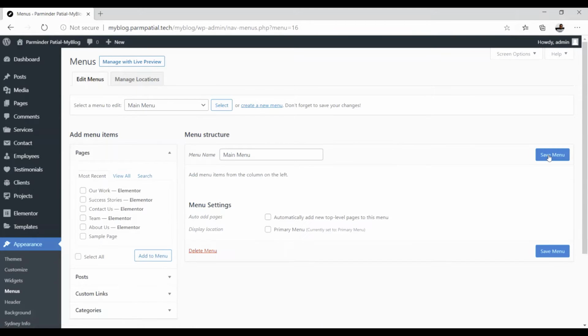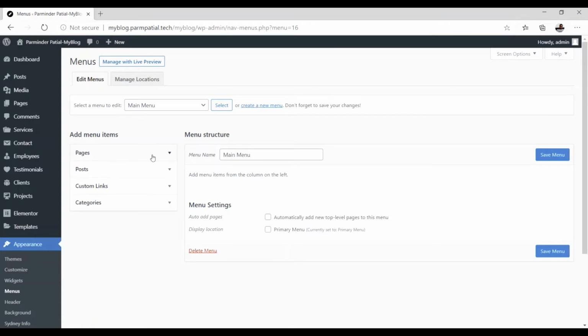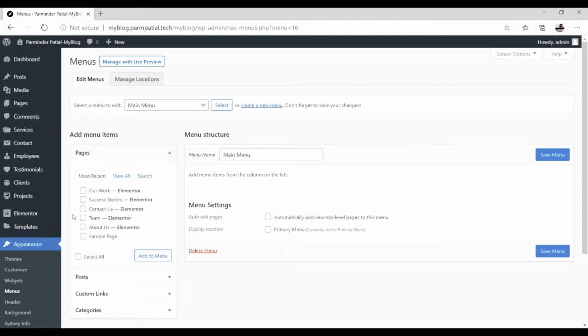Then click on the create menu button. Now you have to add the menu items to your main menu. In order to do that, you have to add all the pages that you have created before. Select the pages tab here, and you will find all the pages.